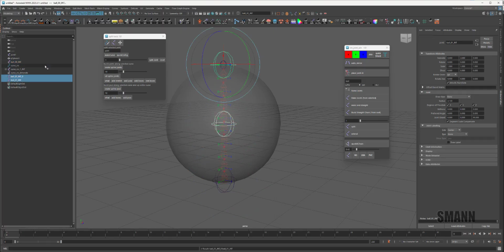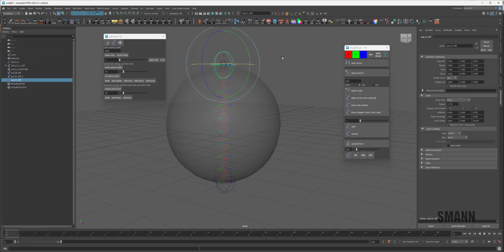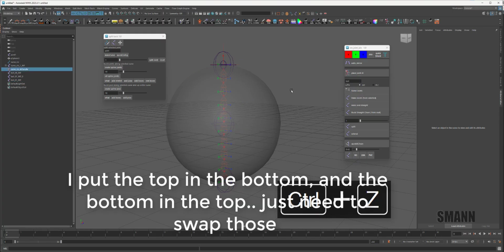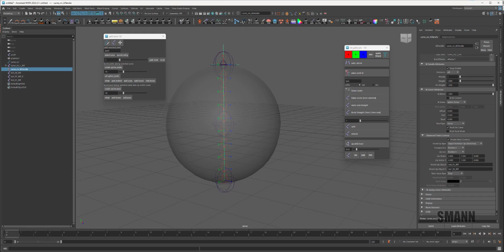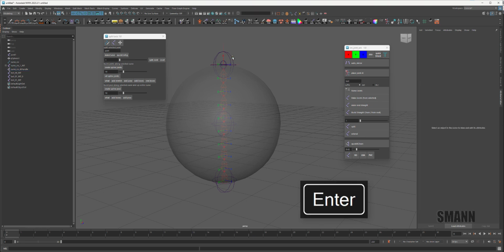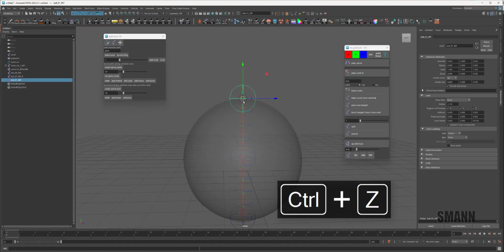And actually, let's do this. We'll take all 3 of these and unparent them. Let's move this one down here. And let's just try that again. So I should be getting twists, but I'm not. So what have I done here? Object rotation, start and end. I reversed this, so that should be 0, and this should be 1. So now if I rotate this, there we go, I get a nice twist, and I can move it around,